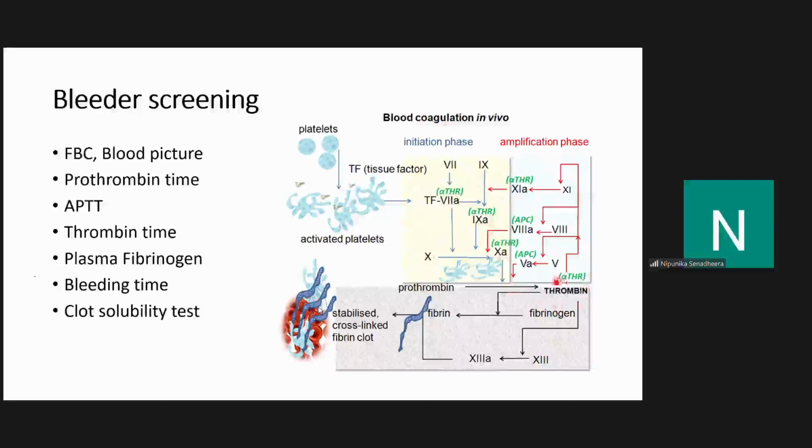The thrombin which is generated will activate factor 9. This is the amplification phase. It activates factor 9, which in turn activates factor 11. And then again, this pathway goes on. So this is the amplification pathway. Tissue factor is only required for the initiation, but after that, this is the loop that happens, and more thrombin